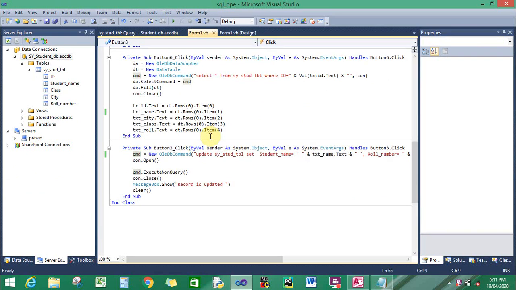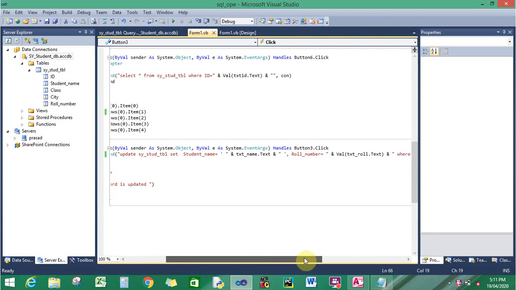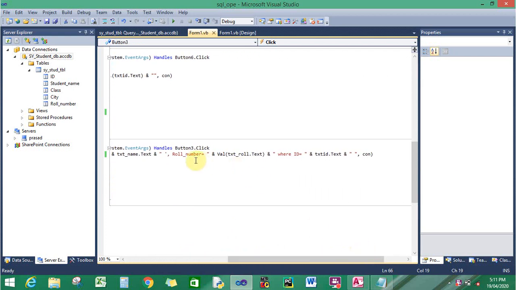Then we need to perform the update operation. Just double click on update, copy the insertion code as it is and paste it in the block of the update button. We just need to change the query: an update query instead of the insert query. Our syntax of update is: update table name set student name is equal to the text box name, our text box name with ampersand, txtname.text.